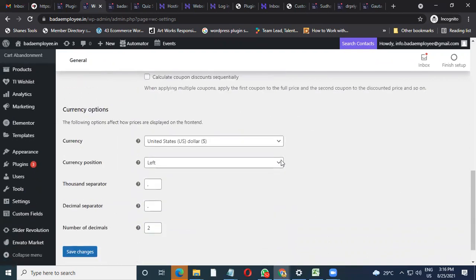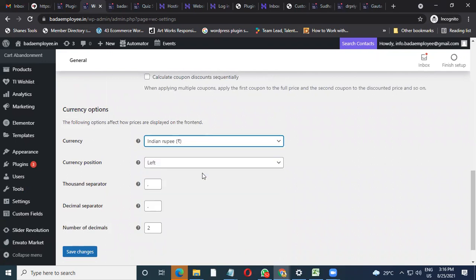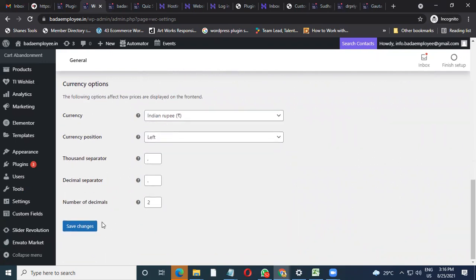The other thing is your currency. So what market are you targeting? In case you are targeting India, just type India. You'll be able to get the Indian rupee and save it. We still are working on currency converter and currency automation, which will be coming up in a couple of days or weeks, because I'm in the testing phase for that. Once it is done, I will be integrating it on all the systems, for all the members, so that the currency will be automatically changing. You don't need to worry about it.